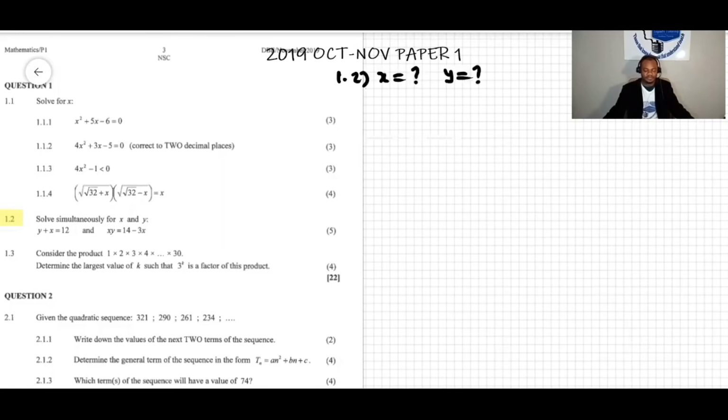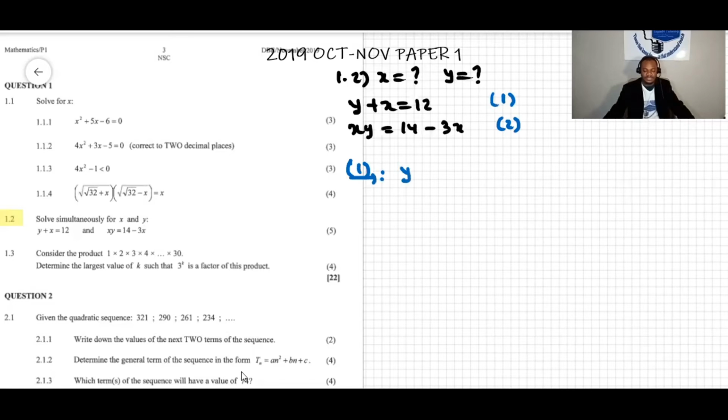And then the equations are: y plus x equal 12, and the other is xy equal to 14 minus 3x. Now, going to solve for x and y. Now, I prefer to label the equations. I call this one equation 1 and equation 2. So from equation 1, for instance,